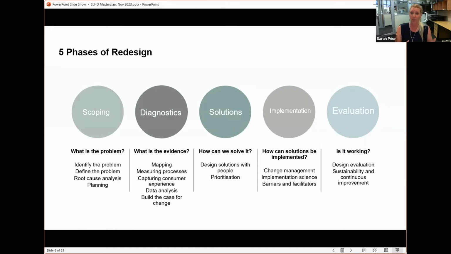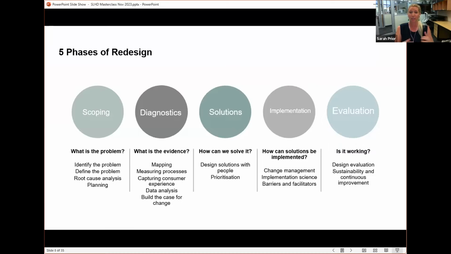Understanding its causes from the perspective of patients and families, the perspective of staff, and also from the organisational perspective. So within this diagnostics phase, we use a range of tools to gather data about the root causes that we've identified. So we generally use a root cause analysis to tell us where we should start looking for evidence to support that problem. And just really briefly, the following phases involve designing solutions to the problem you've identified based on the evidence collected within that diagnostics phase and engagement with relevant people, implementation of those solutions,